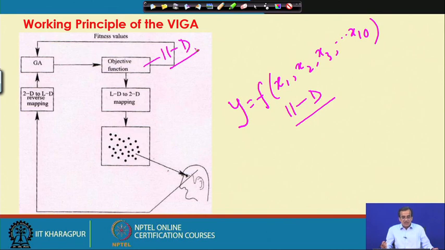So, for the purpose of visualization, this 11 dimensional data we try to map to 2 dimension. And how to do that? This method I have already discussed, like we can use some nonlinear mapping tools like Sammon's nonlinear mapping or Weiszfeld algorithm or self organizing map. So, all such tools I can use or any one I can use. Let me consider I am using say self organizing map. So, I will be getting the data in 2 dimension,